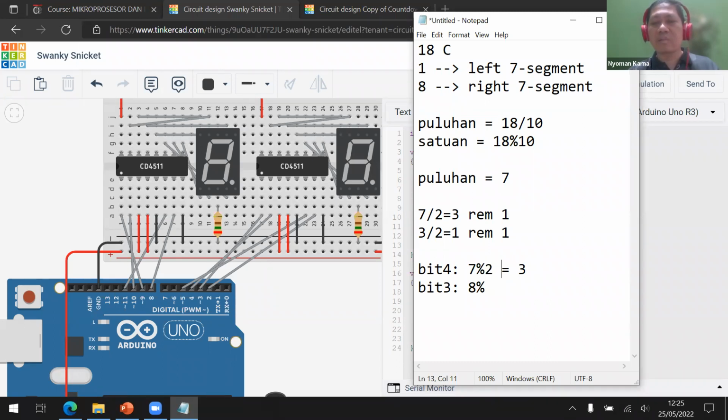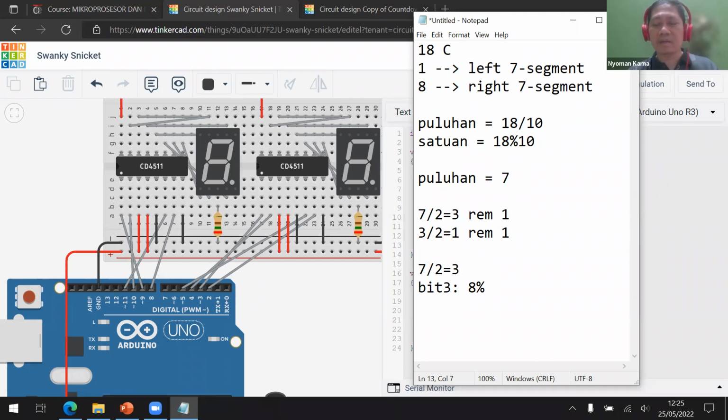Divided by modulo 2, we got remainder of 1. And then we need to, okay, got confused. 7 divided by 2, okay, so first 7 divided by 2, we got